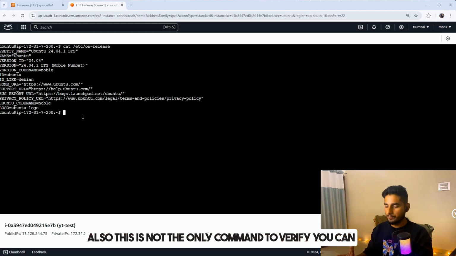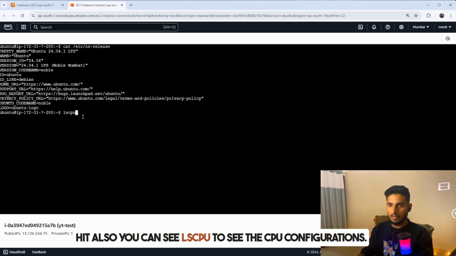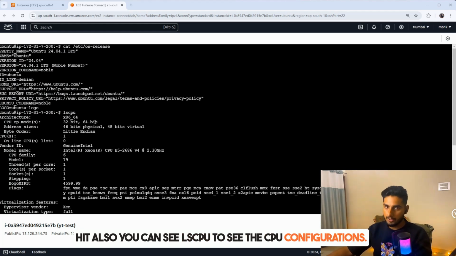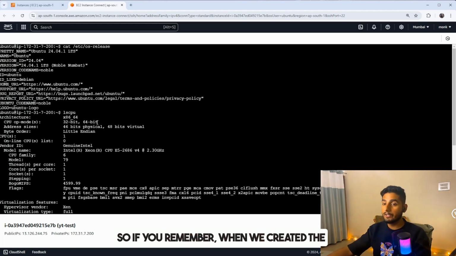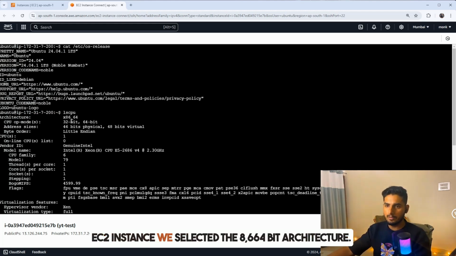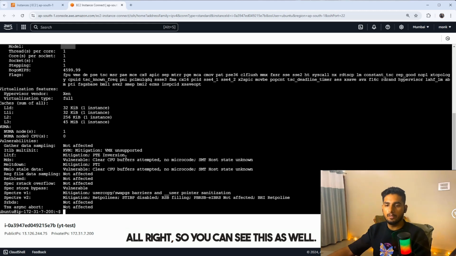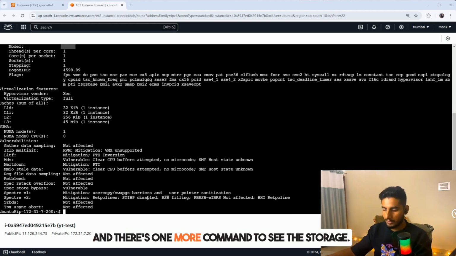You can also hit lscpu to see the CPU configurations. So if you remember, when we created the EC2 instance, we selected the 64-bit x86 Intel architecture. Alright, so you can see this as well, and there is one more command to